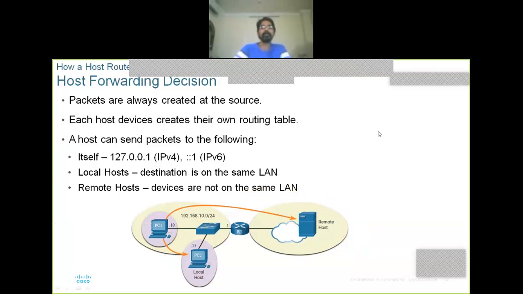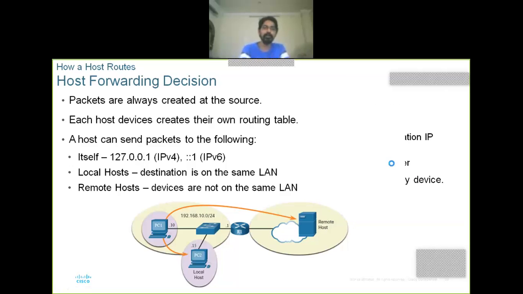We have already seen in web programming, if I want to request a web page from my own system, we simply include the address localhost or 127.0.0.1. It means the request is sent to the system itself and the response is generated by the system itself. Next, if I want to get a web page from another system in the LAN, that is a local host. And then remote host: if I want to get data from Google, that is called a remote host. First, you need to observe these. What is the system itself? Next, what is a local host? What is a remote host?